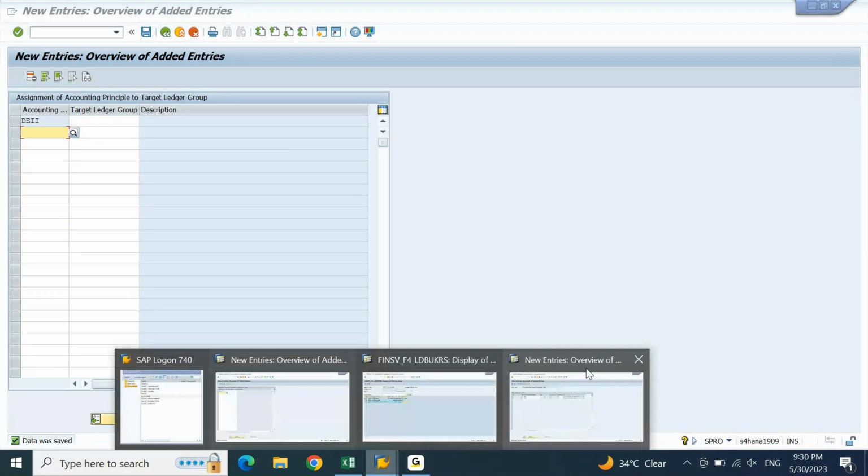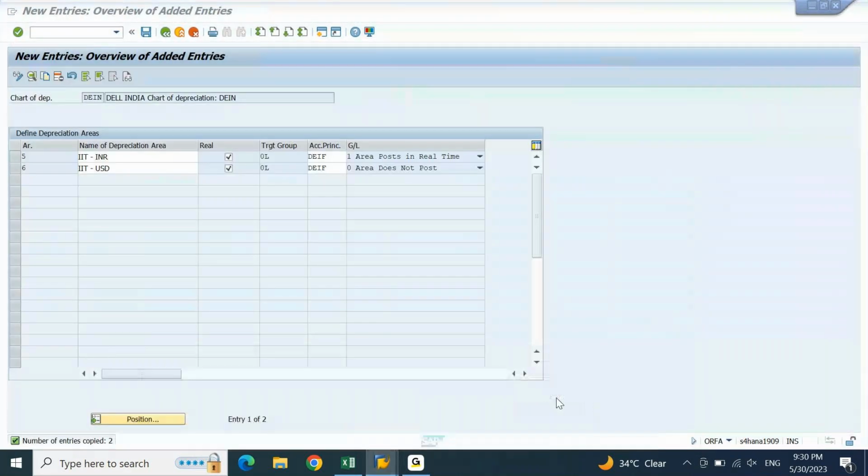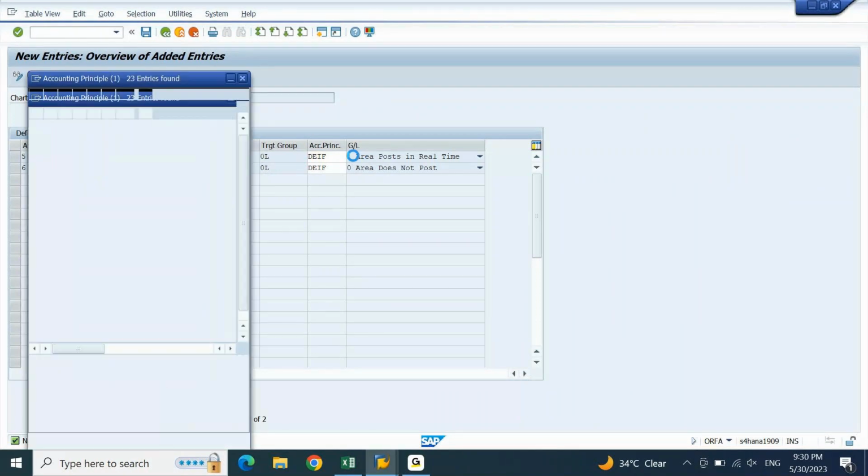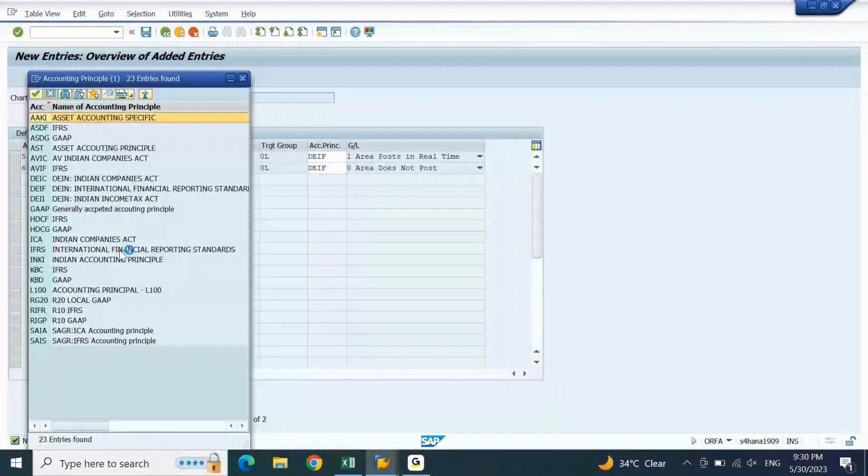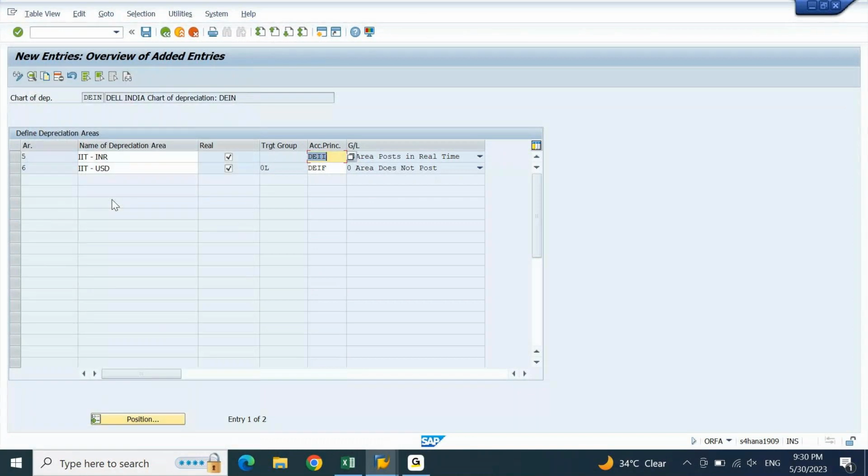Now let me come to this screen. I'll change the accounting principle to DEII, Indian Income Tax Act. I am able to assign the accounting principle but without the ledger. Right?